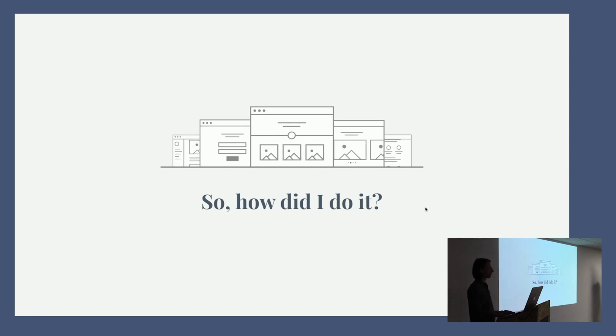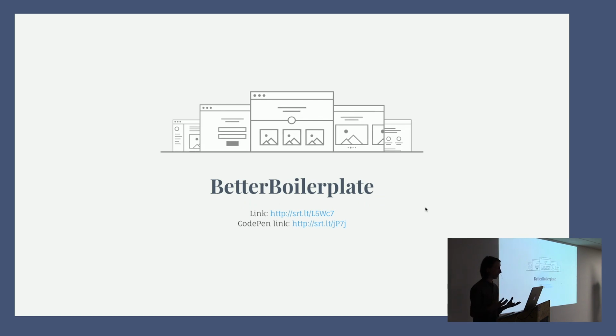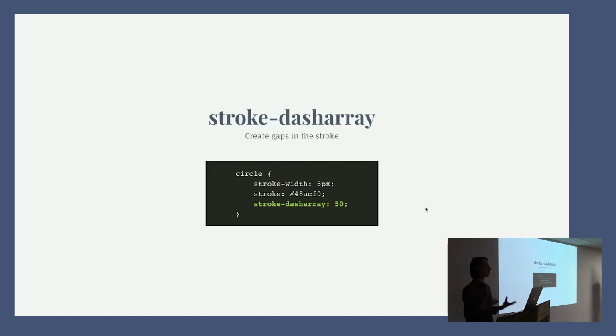And then the only other thing that's going on here was that initial drawing of everything as it starts. So how do we draw in SVG? Well, that's made up of 2 properties. You've got stroke-dasharray and stroke-dashoffset. If we look a little bit closer at those 2 properties, you can see how drawing and animating drawing